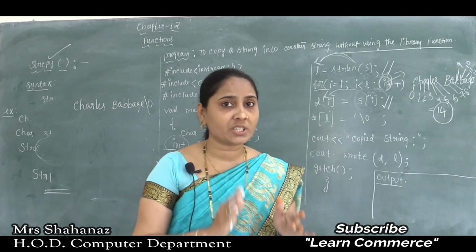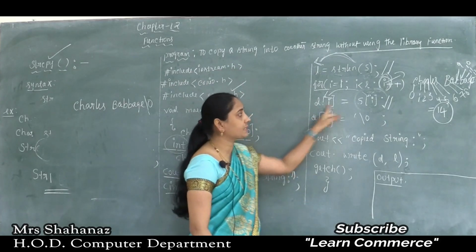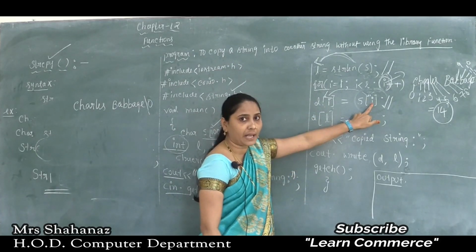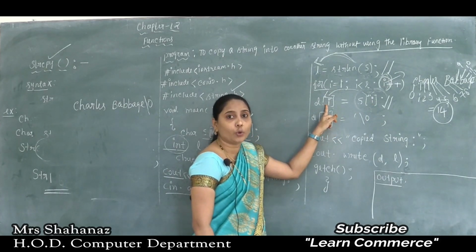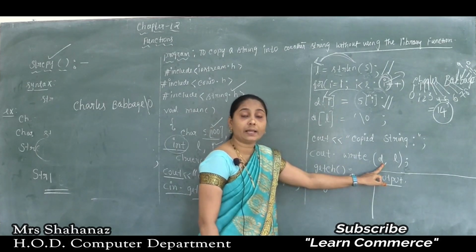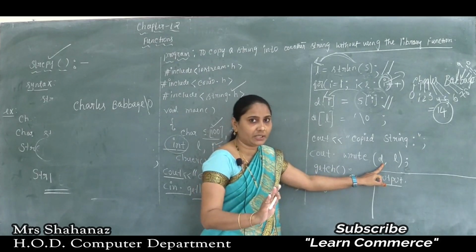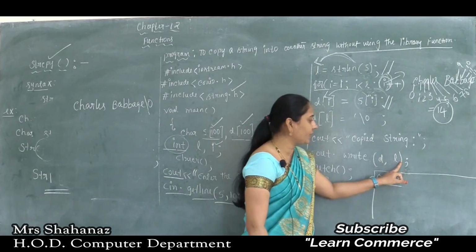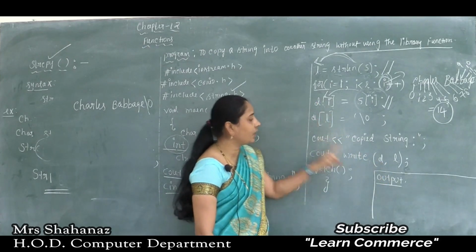How do you know both strings have the same information? As we know, we already completed in this line that whatever information is in the first string is going to be copied to string 2, that is, to the destination string. So here you can write any string name, maybe S or D, no effect on the program. Otherwise, better to write D only because we already used D here.